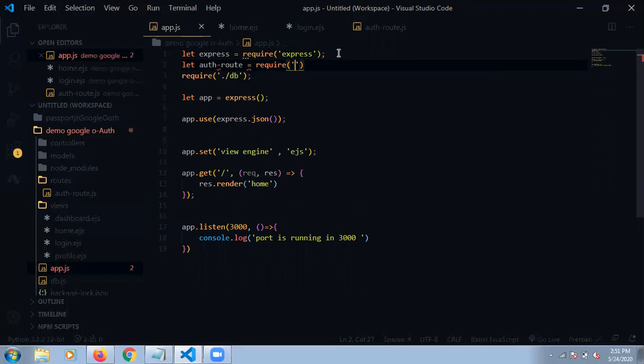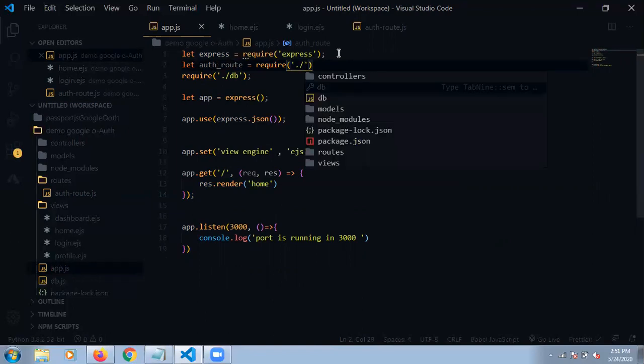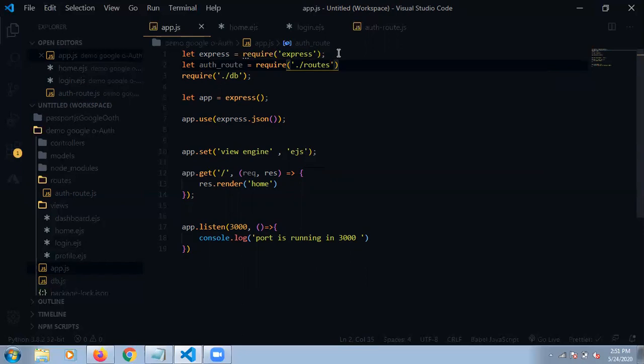Already I explained that. Okay, it is not acceptable since it is a variable name. So just put a dot, then slash. It is showing which folder it is containing. Since all our routes are inside the routes folder, VS Code is automatically picking that up, and again put a slash. It is showing the auth route. No need to type auth.js because it is automatically taken as a JavaScript file.